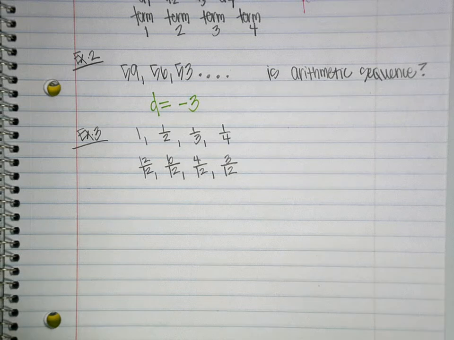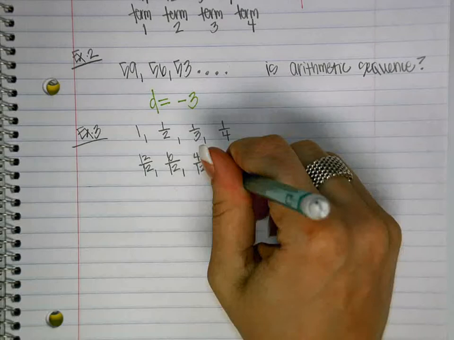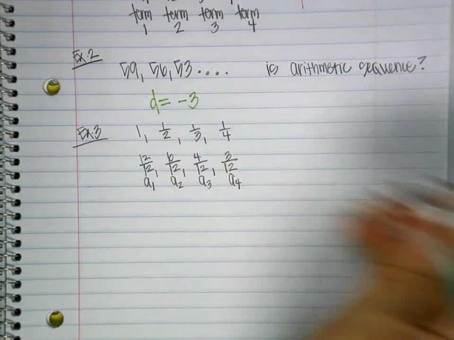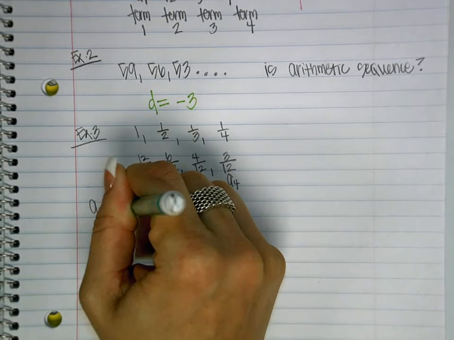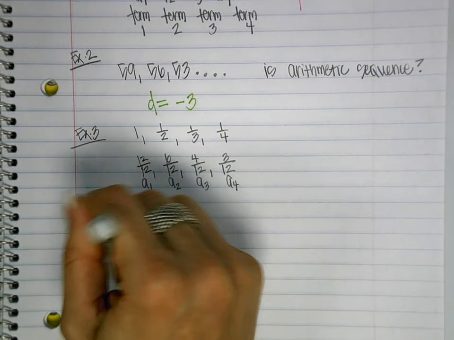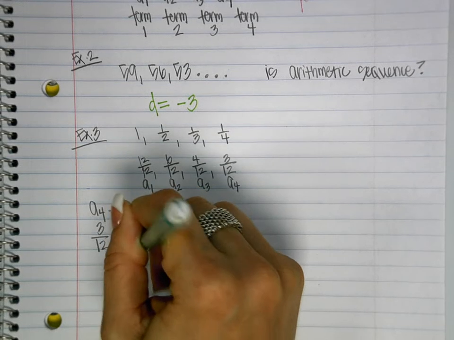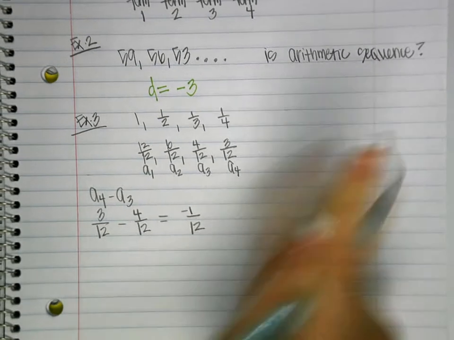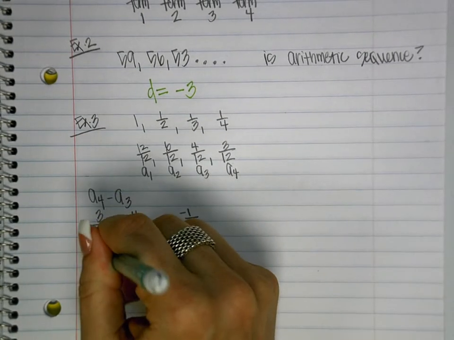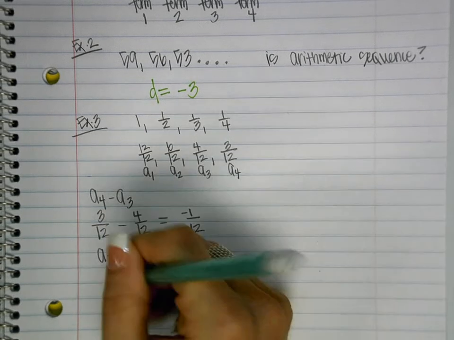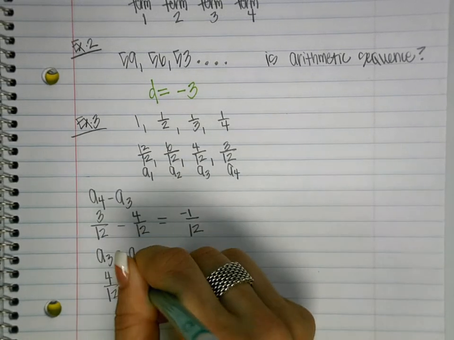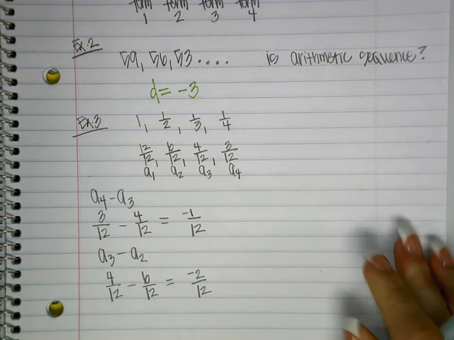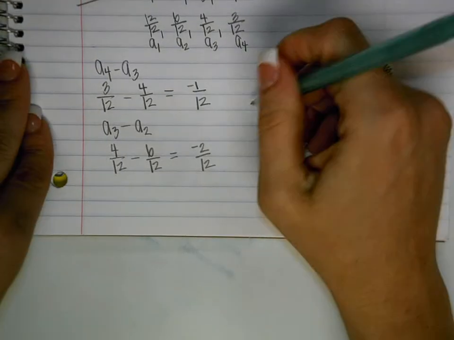If you figure out the common difference, for instance, say if you take A4 and subtract A3, so A2 and A1. If you do A4 minus A3, that would be 3 over 12 minus 4 over 12. So your difference there would be negative 1 over 12. Then what if you did A3 minus A2? 4 over 12 minus 6 over 12. Do these have a common difference? No. Okay, so this is not